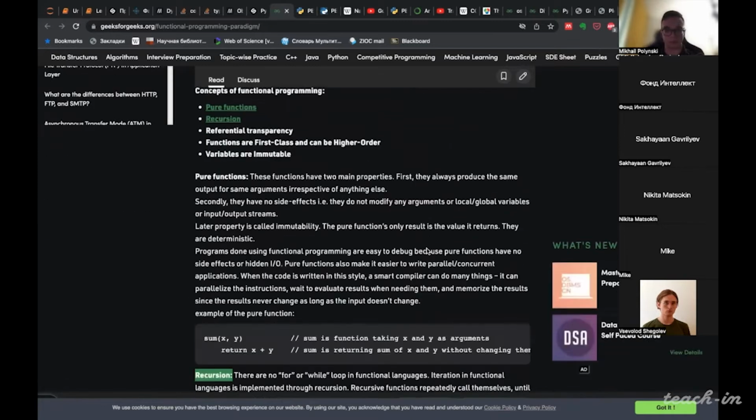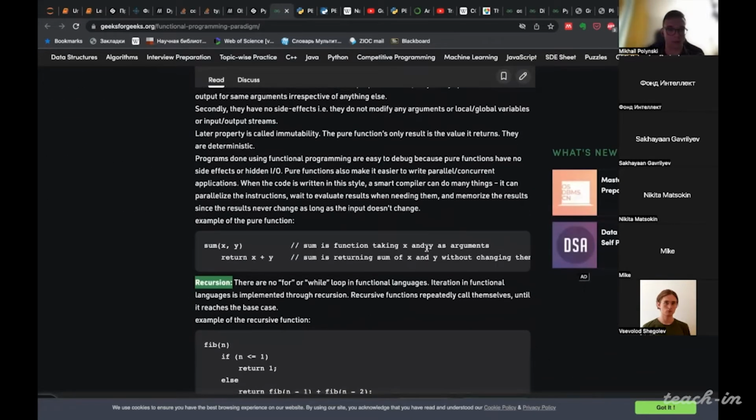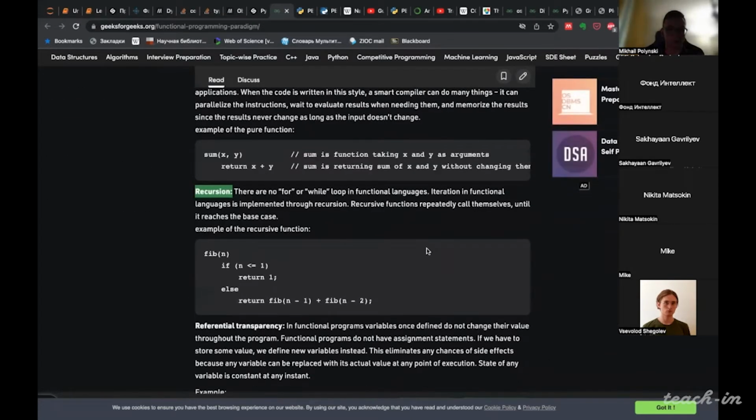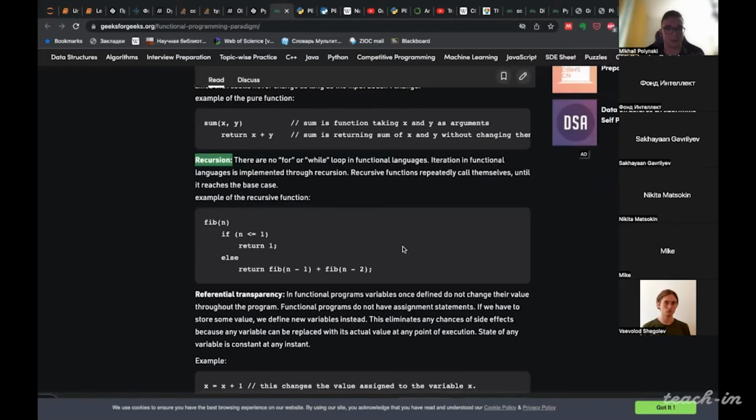You also can follow some links, and by following, you can see that functional programming is a natural way to use functions in the code that, for example, can be recursive.